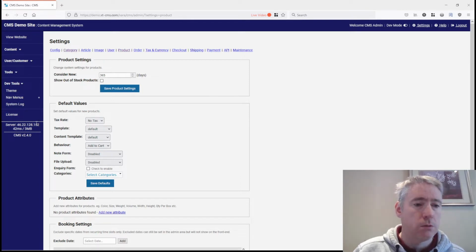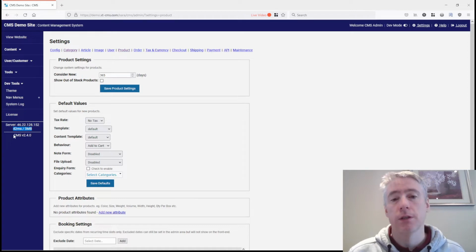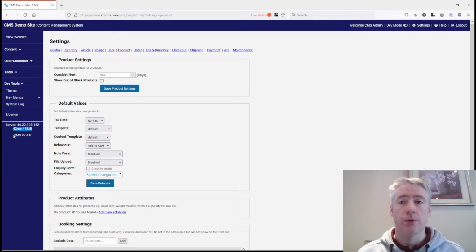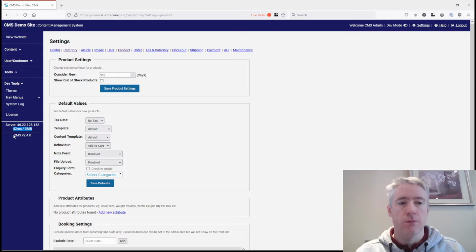And also, down here it now shows the response time of the server or the script running, and also how much memory is being used. Generally speaking, this will only show, by the way, if you're logged in as the main admin. If you have a lot of products or a lot of data on your website, then you'll see more memory being used and a little bit more time maybe taken for the page loads.